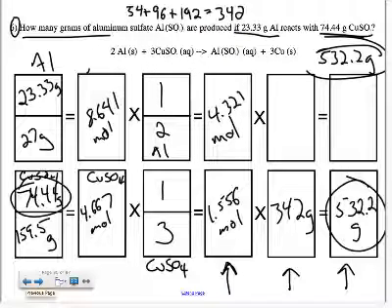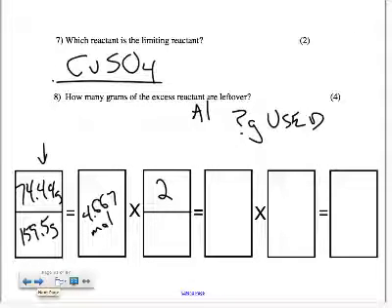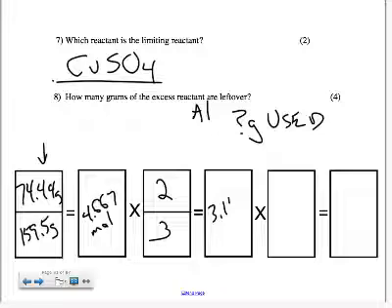So now we're looking at copper sulfate and aluminum. The coefficient of copper sulfate is 3 and aluminum is 2. Aluminum is our unknown because that's what we're trying to figure out right now. How much aluminum gets used up? And copper sulfate is 3. So 4.667 times 2 divided by 3 is 3.111